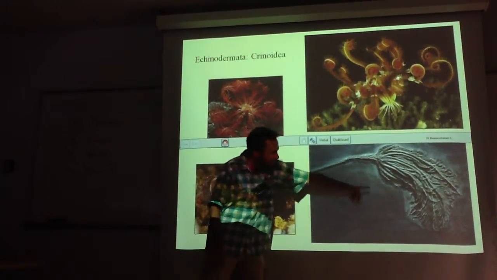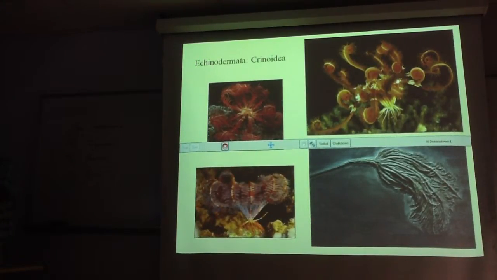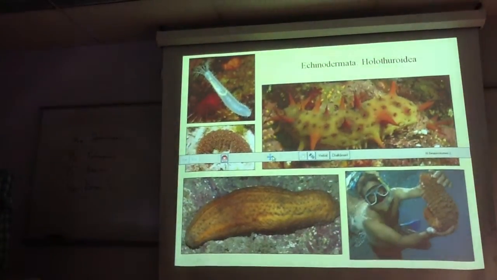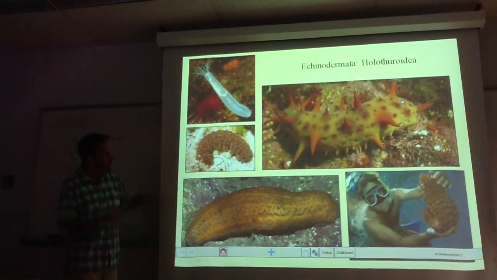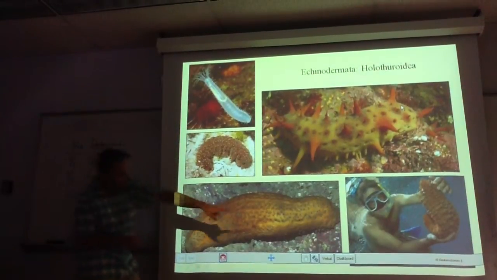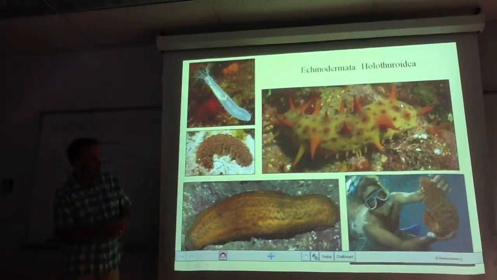So like I said, most of them I think of as fossils, but there are living members, these sea lilies or sea feather stars, they call them sometimes. And then these are Holothuroidea. This is a sea cucumber. Very often at most they'll have these chocolate chip sea cucumbers. Some of them are these tiny little guys, and then some are like that big one that's me on the Great Barrier Reef with a big sea cucumber.